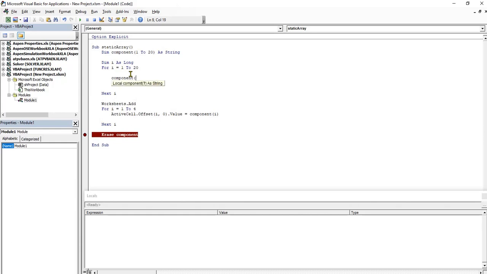Let's say component I will now be equal to, I will use